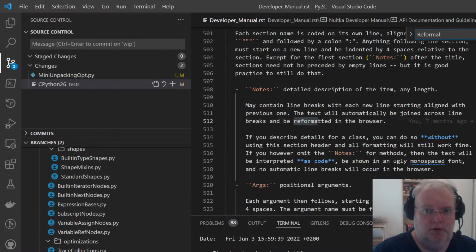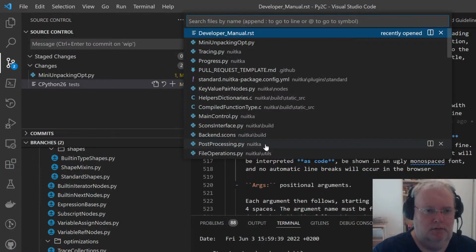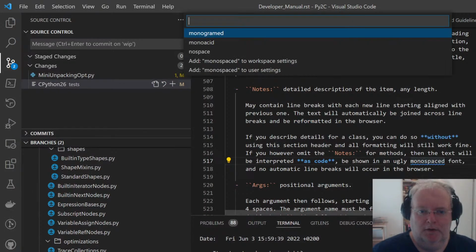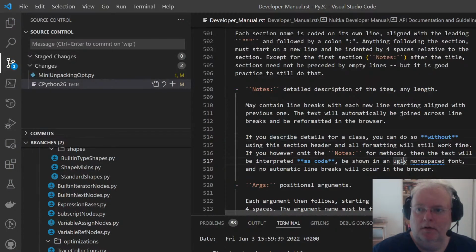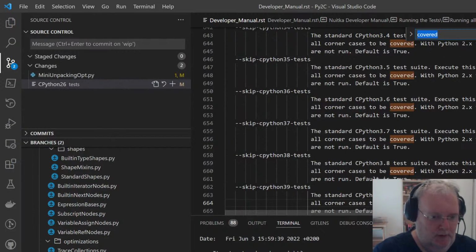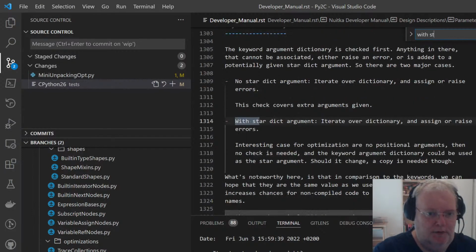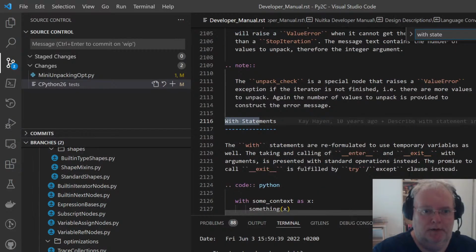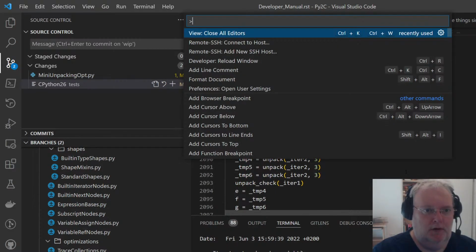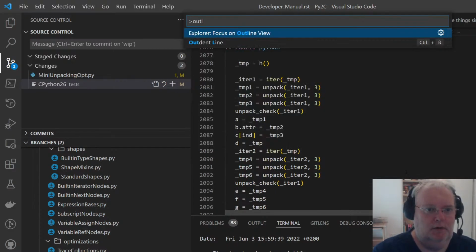Reformulation. No, user manual. Monospaced font, come on. Spelling suggestions. Okay, maybe it just doesn't know it. With state. Okay, so outline.